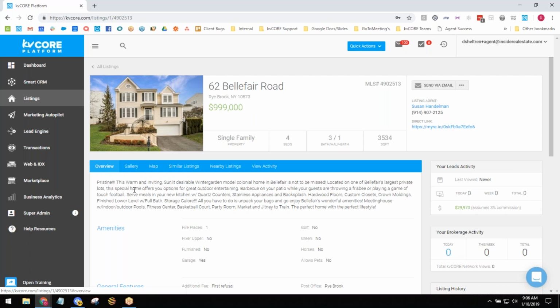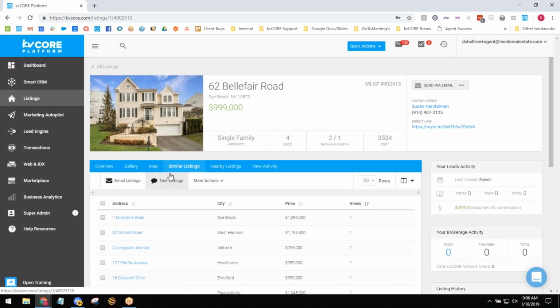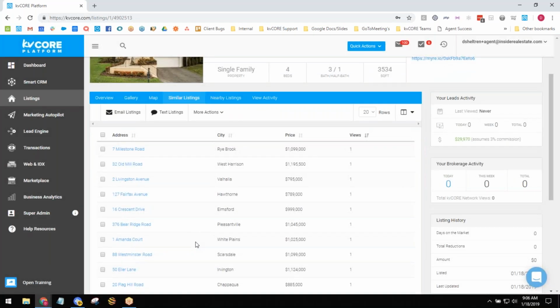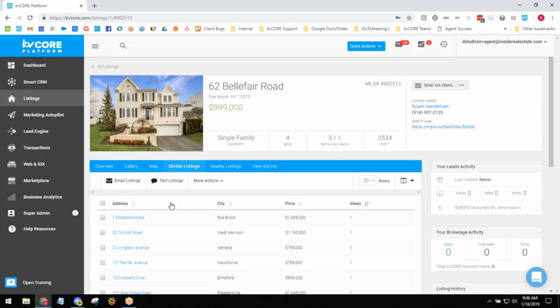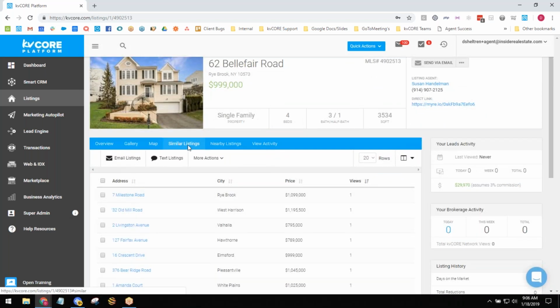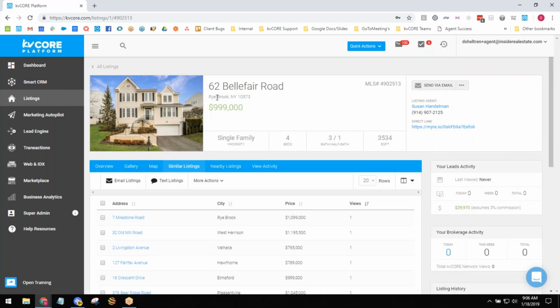So along with the overview, we do have our gallery of images, which is really cool. Similar listings is something that I quickly wanted to mention. So similar listings is really intuitive in the sense that our developers put together this filter or sort to show similar listings, not only based on the area and the price range and things like that, but also through the imagery.